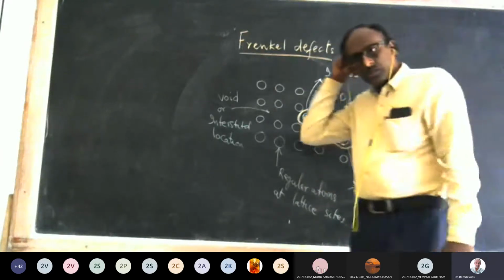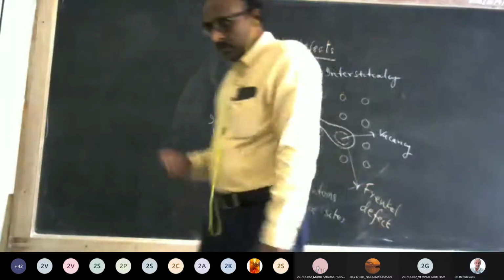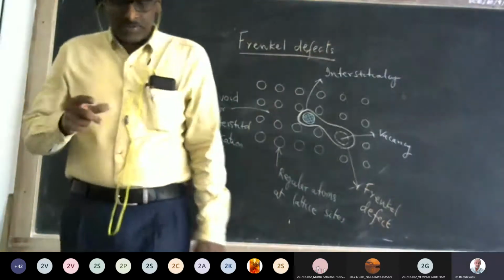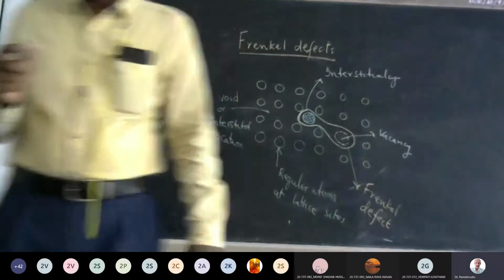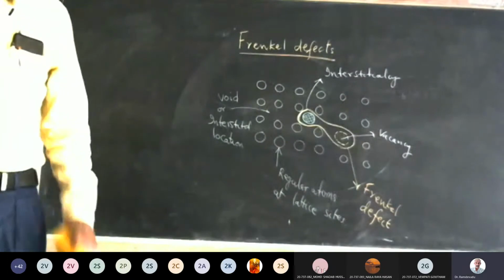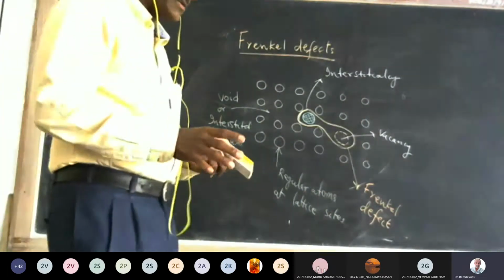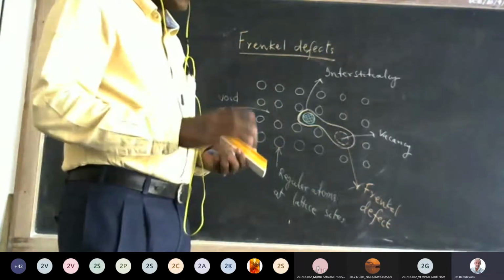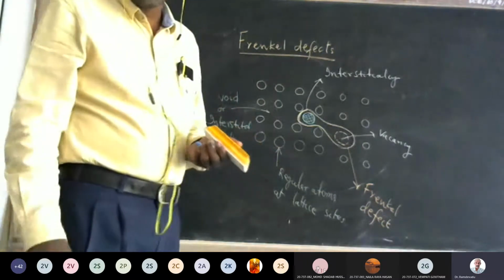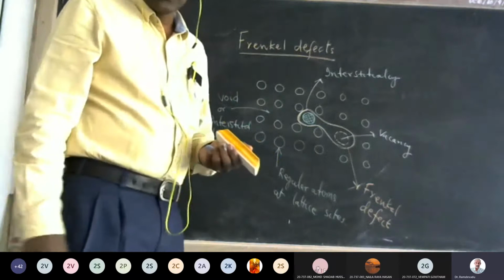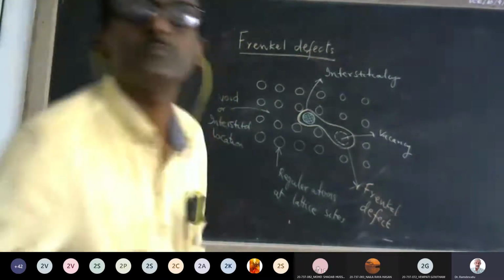So we have to now see how the defects will vary with the temperature. What is the relation between the number of defects in a crystal and how they change with the temperature? So for that, we will do here